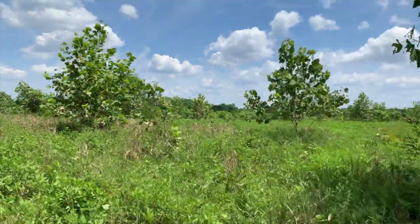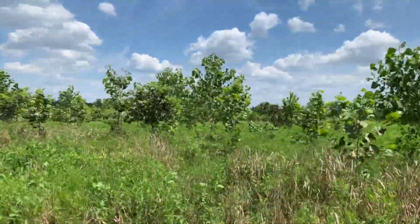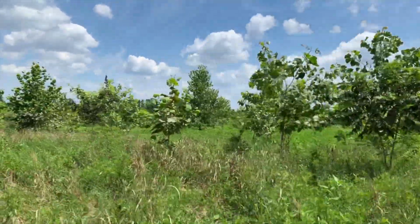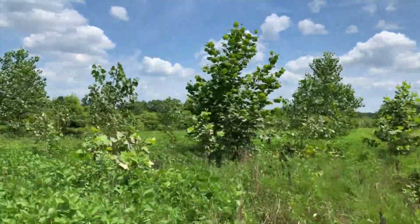looking to do. The biggest thing that I like about this property is that it's in WRP, and although that comes with some restrictions, one of the things I really like about WRP is that because of those restrictions, the price per acre is quite a bit better than what a standard piece of ground would go for. So right now we're asking $900 per acre for this property. So a blue-collar guy can afford to actually put together enough acreage to be able to grow and hold a